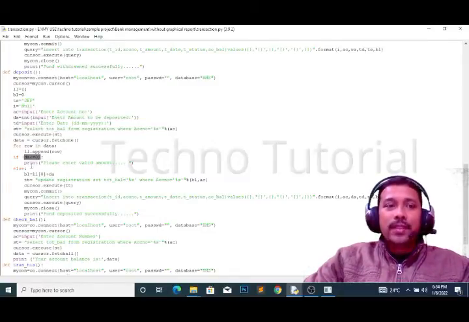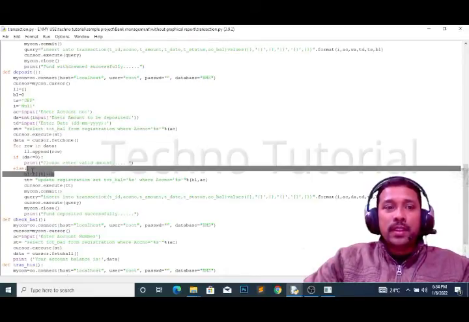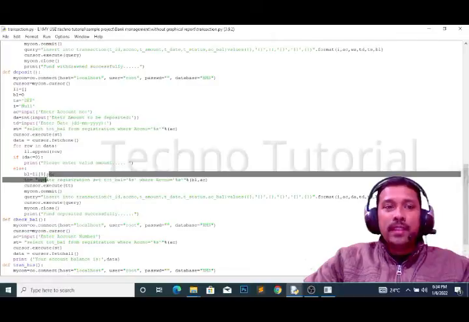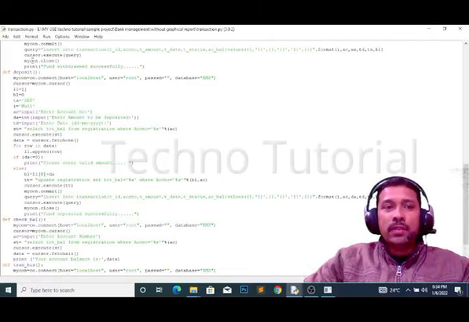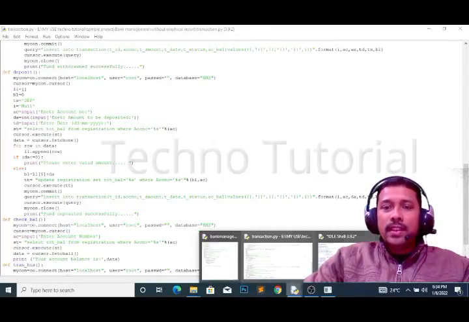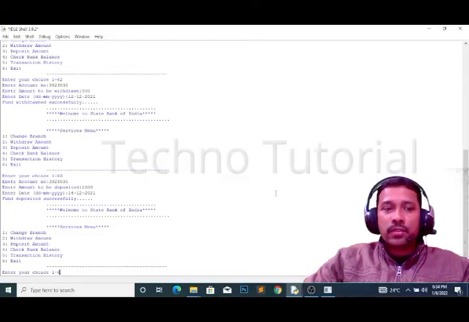After that, one other thing I have changed here: this part was minus, and this time we are adding the value. Rest all is the same as what I did in the withdraw part. You can compare this. Okay, deposit also we have done. The next thing is the check bank balance.